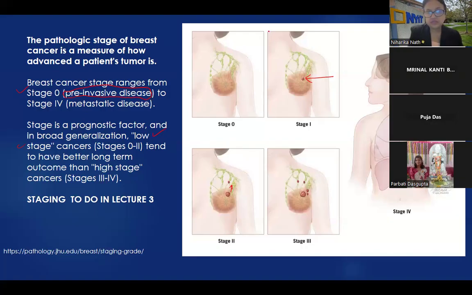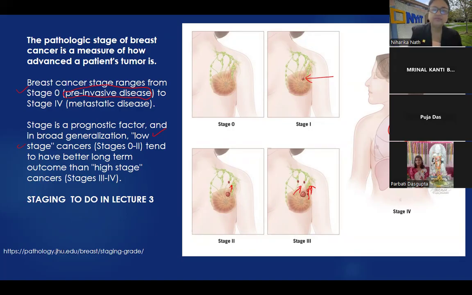It is still not metastasis. It's not high grade. Stage 3 is still contained in the ducts. It is just in the ducts, so it is still kind of like in situ, still in control. But in stage 4, you can see that it has spread to the lungs here. It has spread to the liver here, and it spreads to the other tissues.